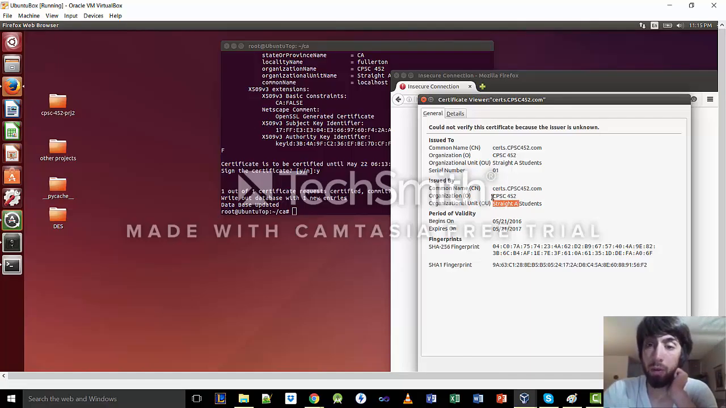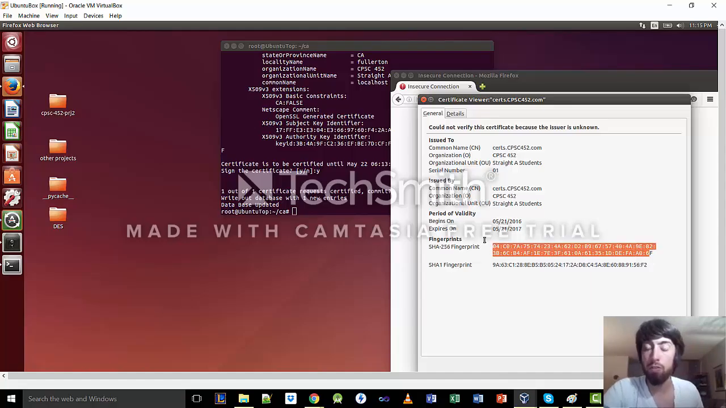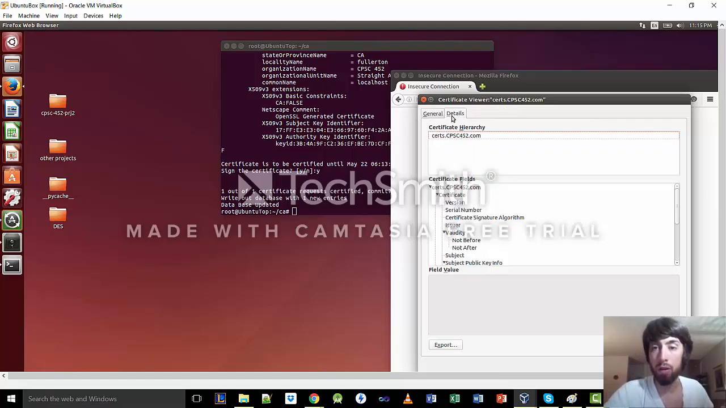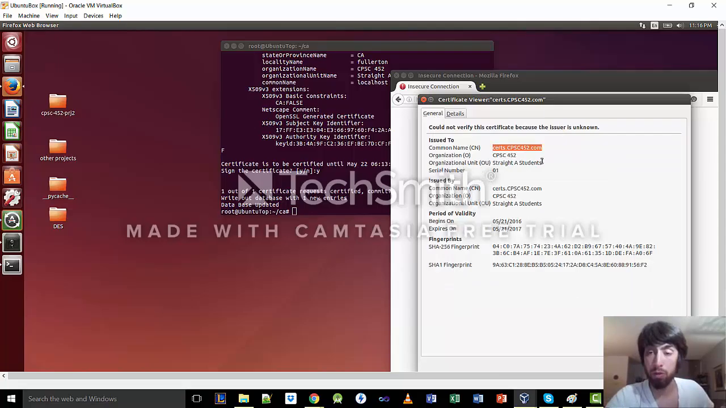Anyways, we can see that our organization is CPSC 452, our organizational unit is straight A students, of course, and we can see the fingerprints of the SHA-256 digest as well as the SHA-1 digest. And we can see that this certificate is not verified because the issuer is unknown, and that is because we are not linked to any trusted root certificate authority. But on the other hand, we were successful. We were able to generate our certificate,